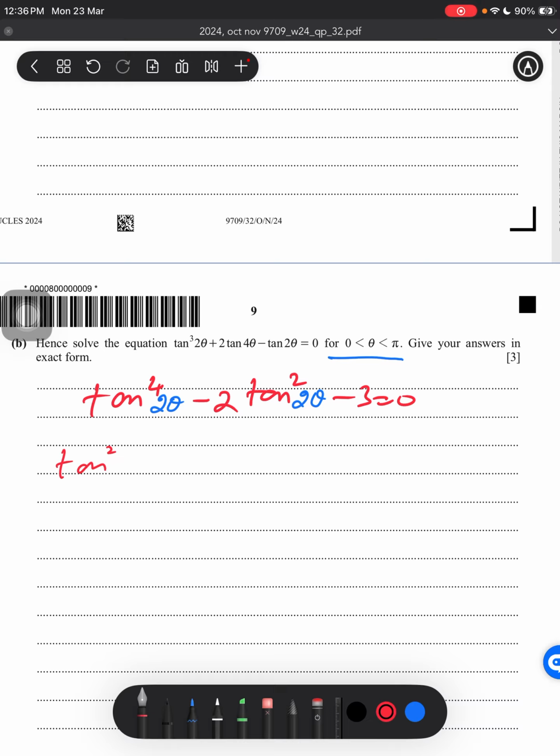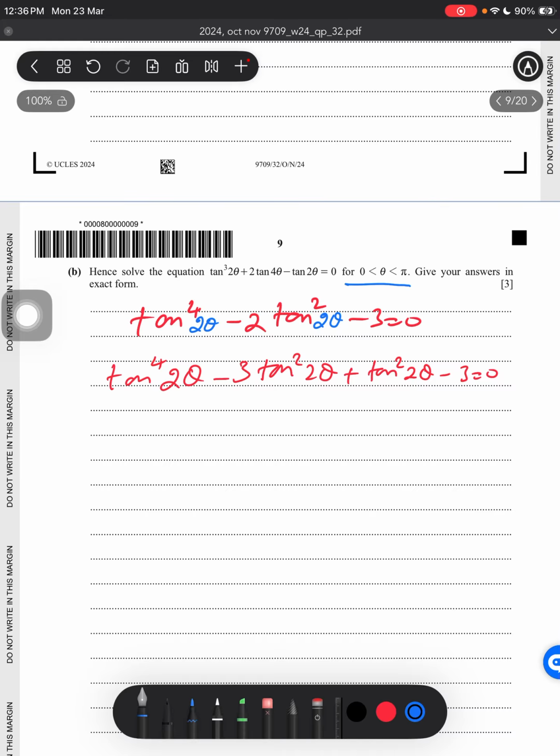But before that, we need to break the middle term. So tan power 4 of 2 theta plus minus 3 tan square of 2 theta and plus tan square of 2 theta would be equal to,